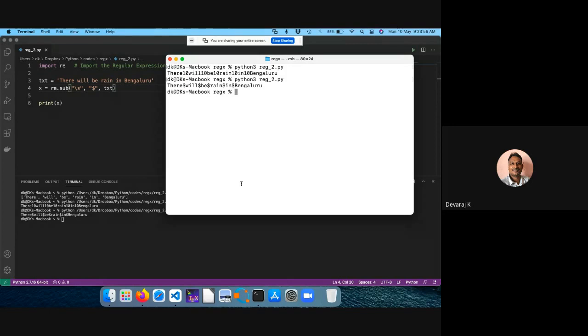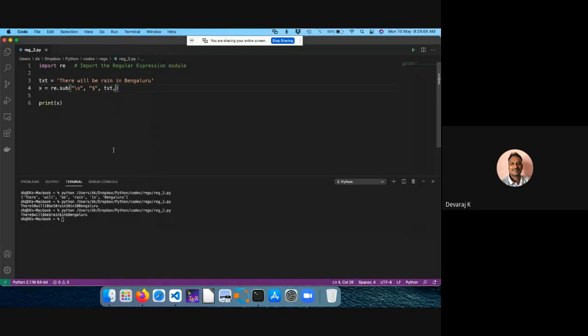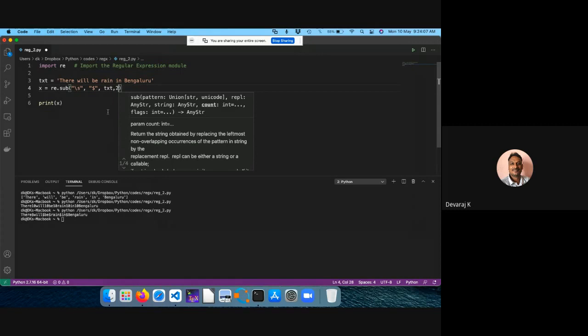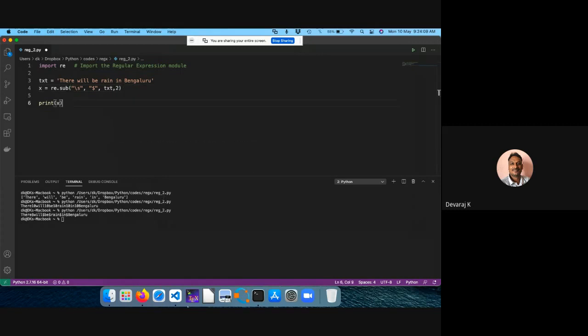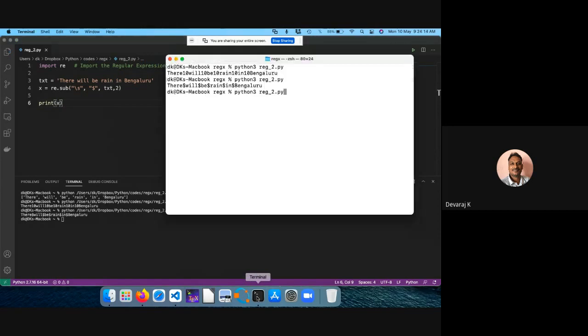Okay. So if you want to replace only the first 2 occurrences, very similar to what we did, no? Just go here and put comma 2. So only 2 occurrences are going to change, and the rest will remain the same. Just run the code here. Only the 2 occurrences have changed. The remaining blank spaces are left as they are. Okay, so these are some of the examples.